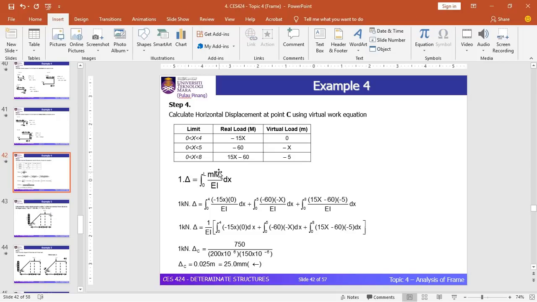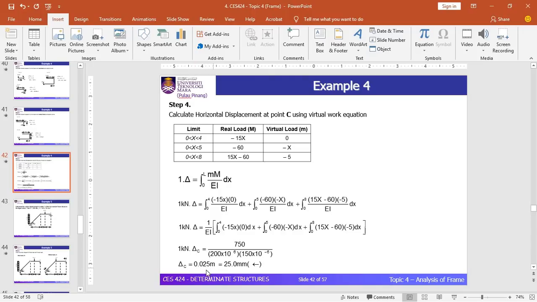Using the equation of the virtual method that we utilized previously in the beam topic, and since we have three limits, you need to have three terms in the equation. You just substitute all the equations of moment based on the limits, which are 0 to 4, 0 to 5, and 0 to 8 according to the table. Simplify all the equations, and finally you get